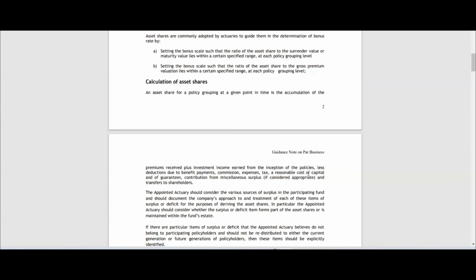And finally, although asset share is synonymous with participating policies, and is used in conjunction with them, especially to calculate the surrender value, asset share can also be calculated for non-participating policies. In fact, for providing surrender benefit, asset share is calculated. That is a very important criterion. So asset share can be calculated for any type of policy. It's just that the use of asset share for participating policies is way more important and prevalent as compared to non-participating policies.